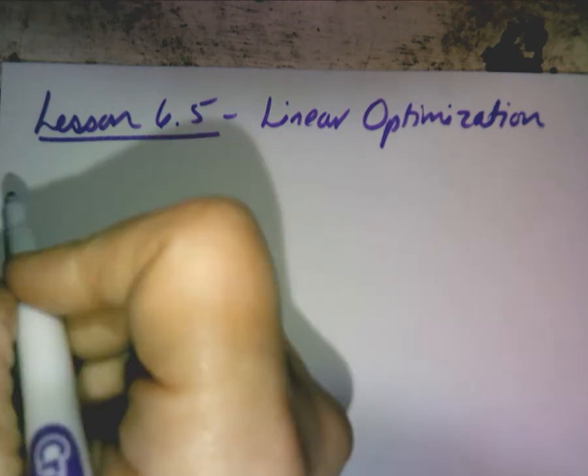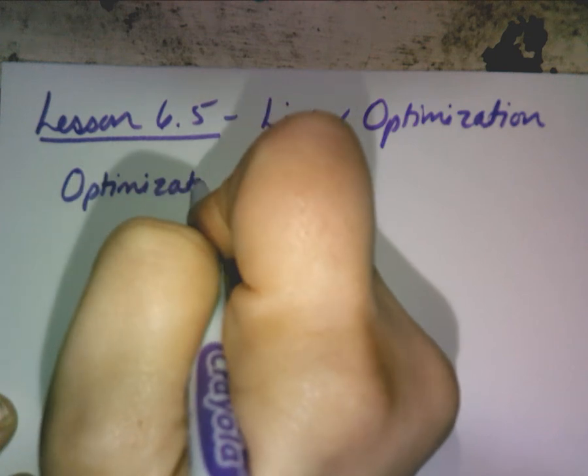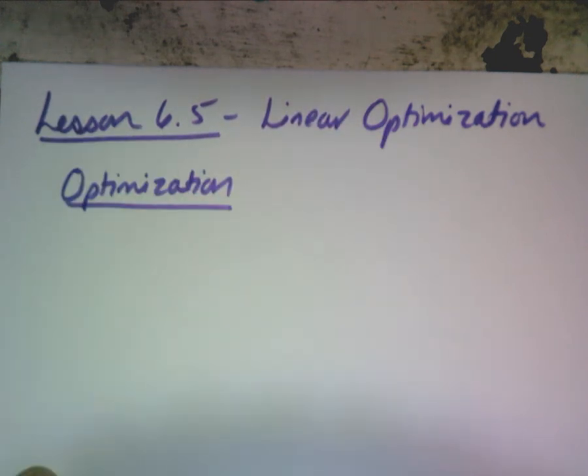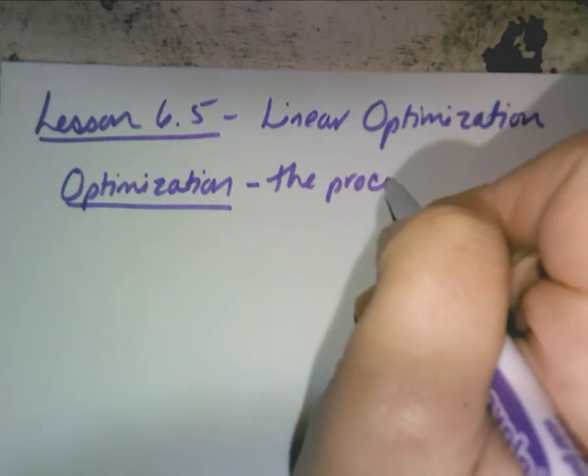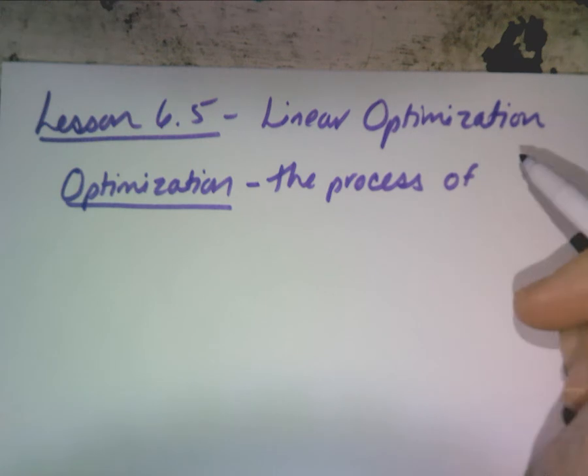Some examples. Let me explain what optimization is. You did learn this last year, but it's one of those lessons that probably goes in one ear and out the other. Even my calculus students, I said to them, we're doing optimization also, and they're like, no, we don't remember. So it's fine. But what it is, it's the process of finding